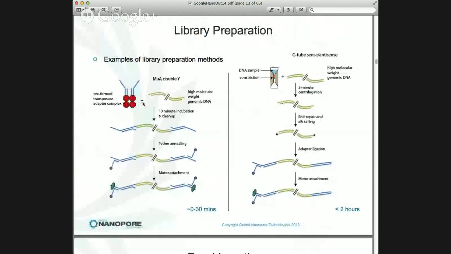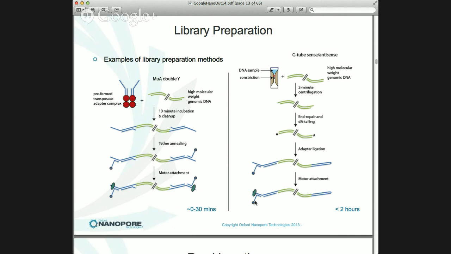Now, okay, we had to go out with a library prep, and the one we've gone with initially is on the right-hand side here. It's pretty simple. It's a G-tube-based prep. Here's your DNA, and the system does an adapter ligation and a repair, and the hairpin goes on one end, and the other end is a pre-packaged leader, and we have the enzyme on the leader. Here's the tether. Now that's expected to take about 2 hours, but actually in a skilled person's hand it's